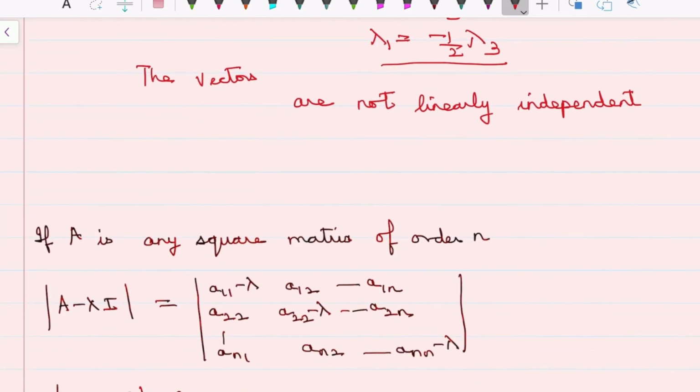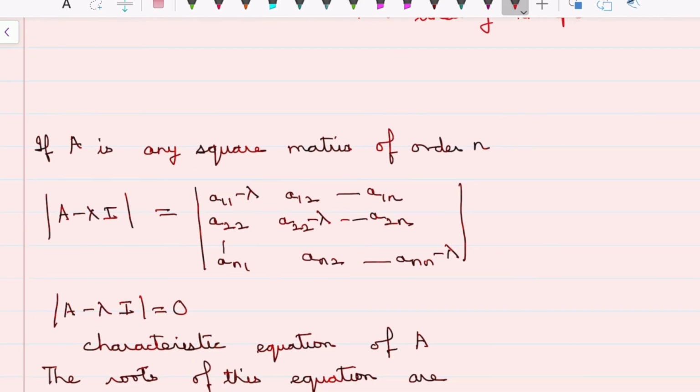Now if A is any square matrix of order n, determinant of A minus lambda I will be determinant of the matrix whose first row is A11 minus lambda, A12, A1n. Second row would be A21, A22 minus lambda, A2n. Nth row would be An1, An2, Ann minus lambda. Now if I were to